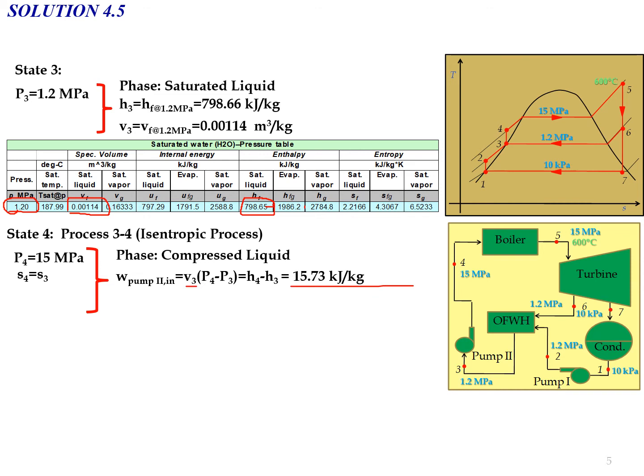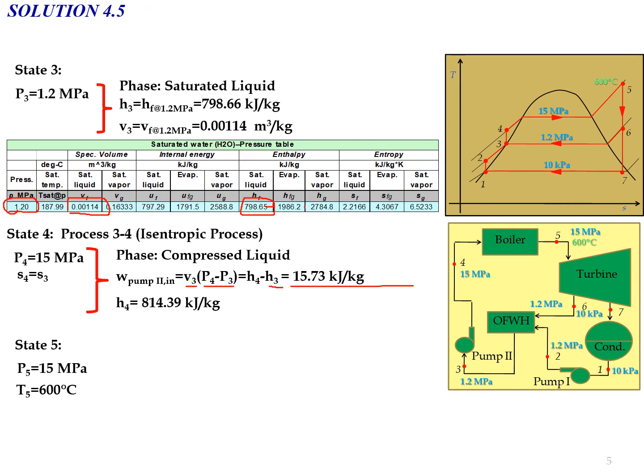We already know all this information. We just input it and we can calculate the work pump in. From this work pump in, we can calculate the enthalpy at state 4, which is equal to 1140.39 kilojoule per kg. Moving on to state 5, we already know that the pressure is equal to 50